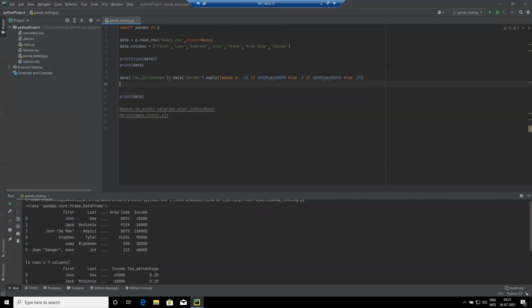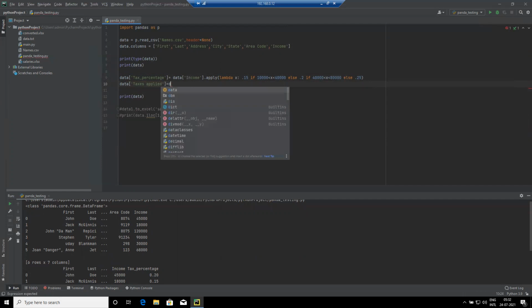So let me add one more column with the final value, the taxes applied. Let's say taxes applied.